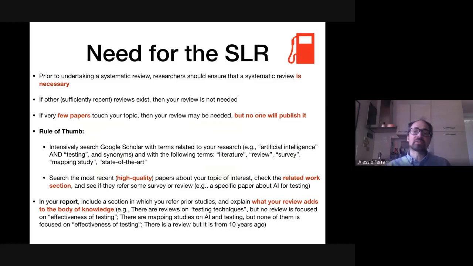First of all, we said that we need to be clear that the systematic literature review is actually needed. So we need to provide evidence that this is necessary. Okay, when is it not necessary? First of all, if there are already some reviews on the topic. So if your review is on automated testing by means of artificial intelligence techniques, and there is already a systematic literature review that is speaking about this topic, then your review is not needed. But